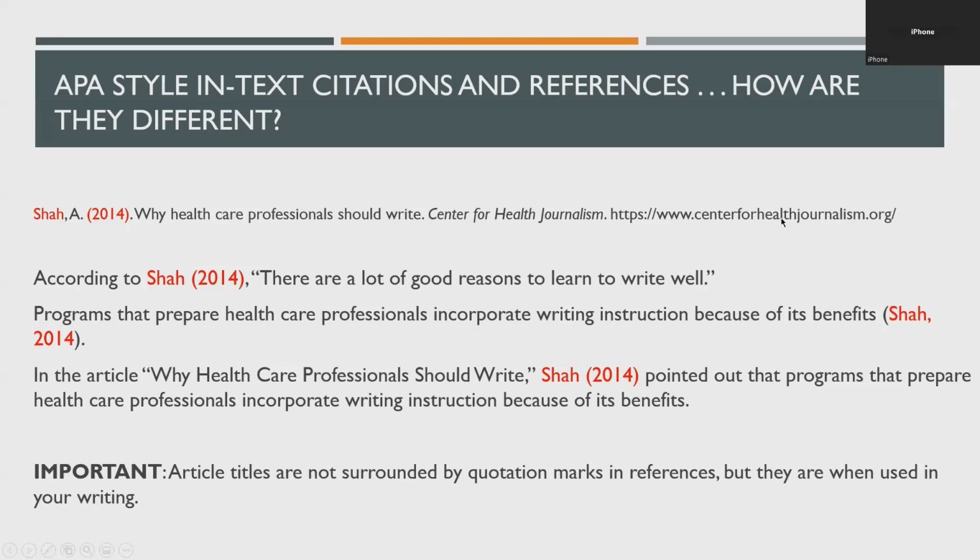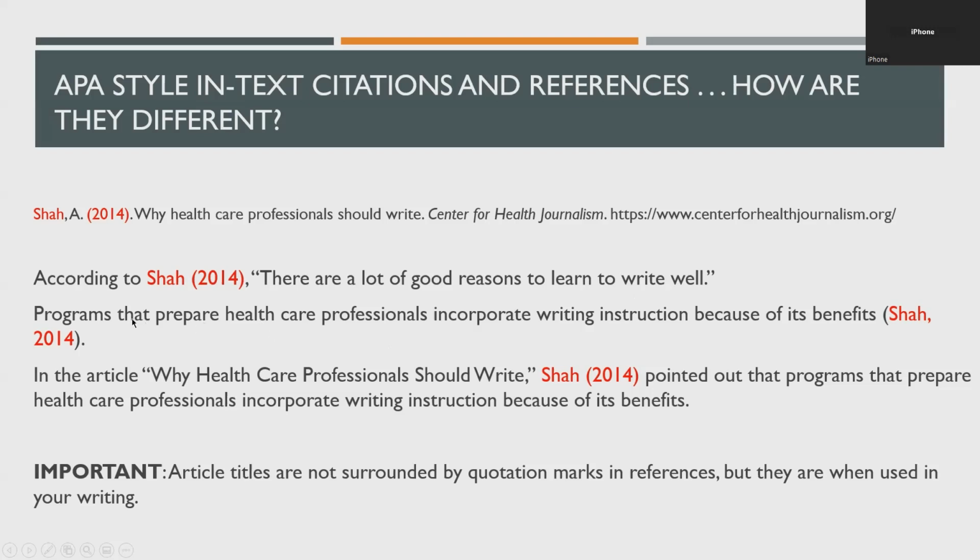And now my understanding is, and this is another thing that I can verify and get back to you all, but let's say you're only using Shaw, that's your only source, and you're going to mention their name a bunch. So, you know, Shaw says this, Shaw says that. It's my understanding that you don't need to put the year of publication after every single time you mention the person's name. I'm pretty sure it's primarily the first time, when you mention Shaw for the first time, then you put the year of publication. But again, I will double check that and get back to you all.